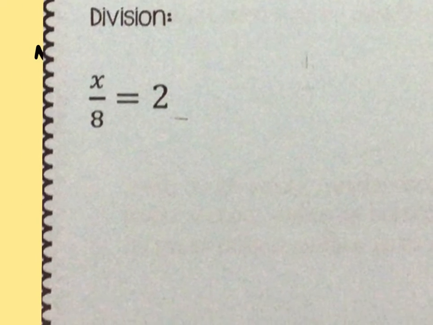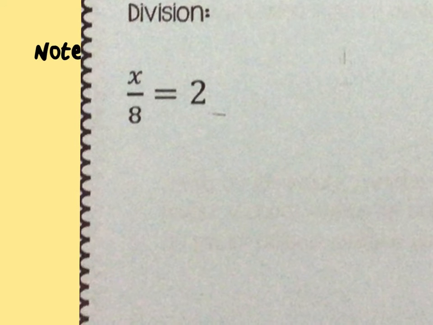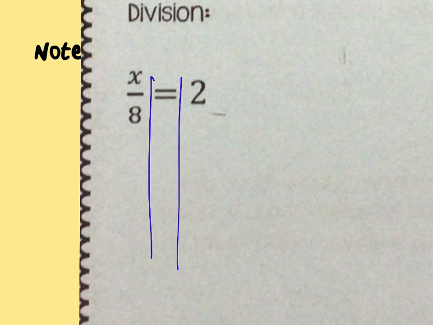Okay, now let's talk about division, because if you analyze mathematically what's going on here, there is something a little bit different. We're still going to use the same strategy, though. So I have x divided by 8. Well, what's the inverse of dividing by 8? Well, it's multiplying by 8. So if I'm going to multiply this by 8,